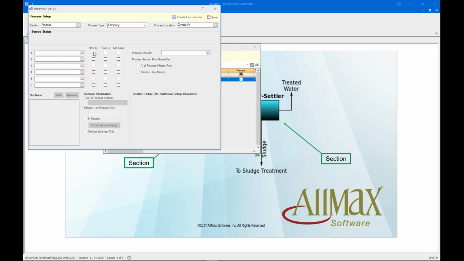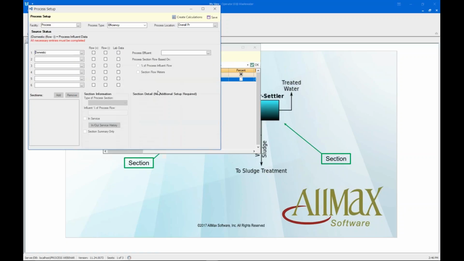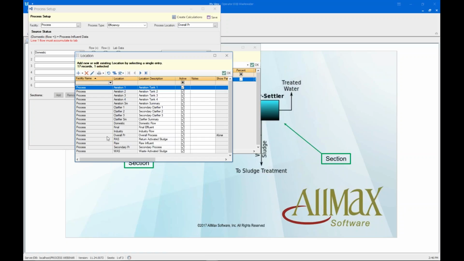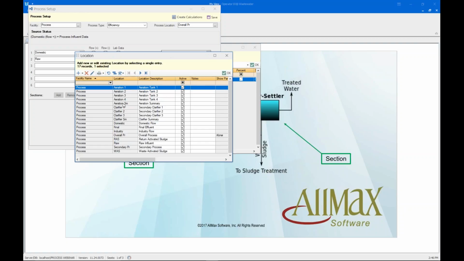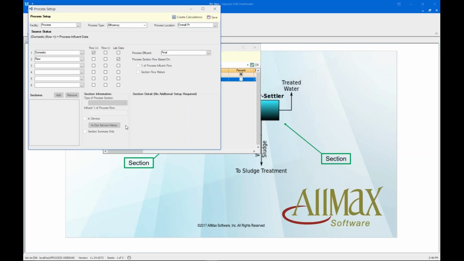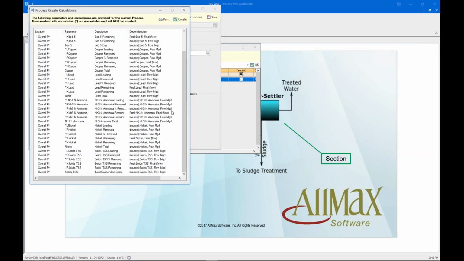We can go and pick our flow location. In this case, I'm going to do something a little different. I'm just going to do our domestic. I'm not going to involve our industrial. So based on the domestic, again, we'll grab the raw. I'm going to use my domestic flow and my raw lab data. Process effluent location, we're going to do the final effluent. I don't have to worry about this percentage because I have no sections with this. So when I hit save and I hit create calculations, I'm going to get the same information for loadings, removals,